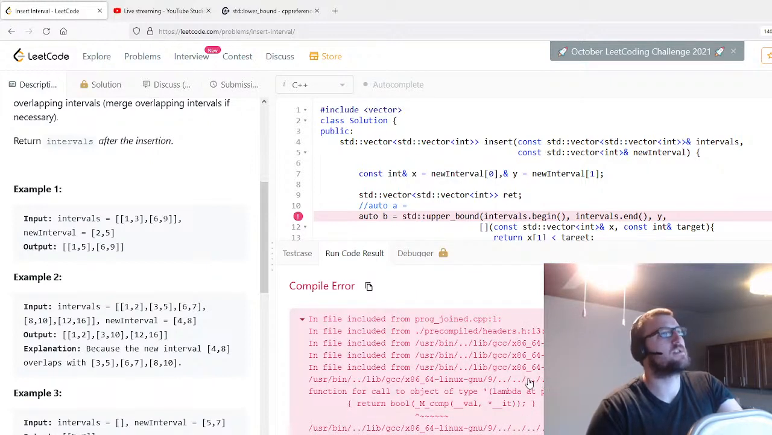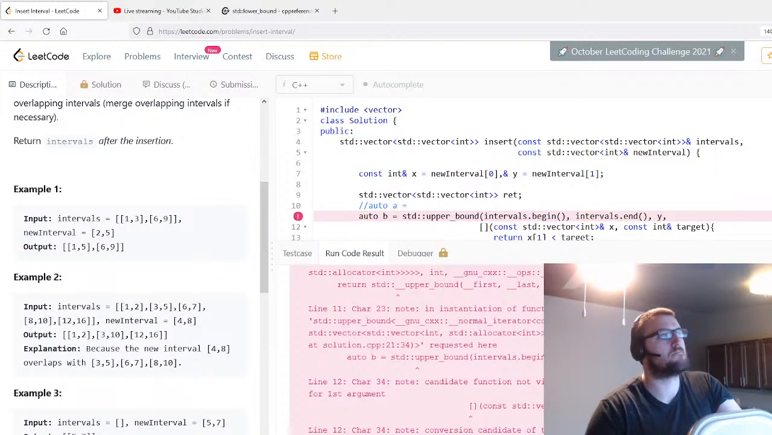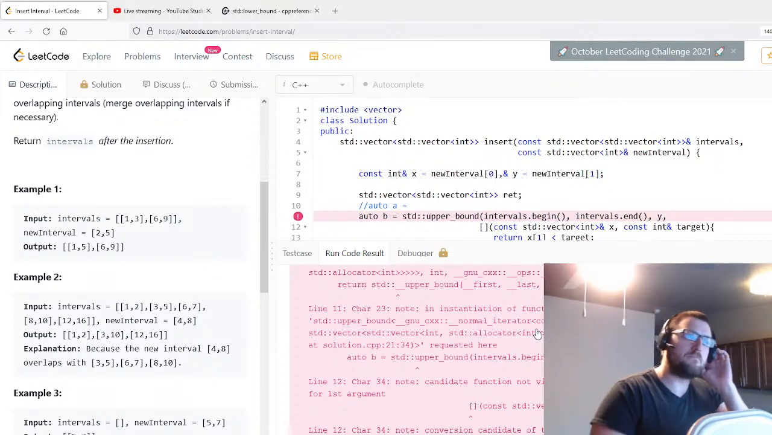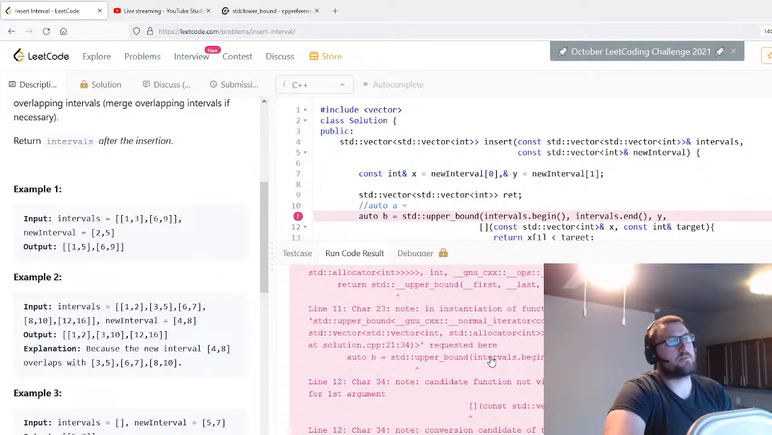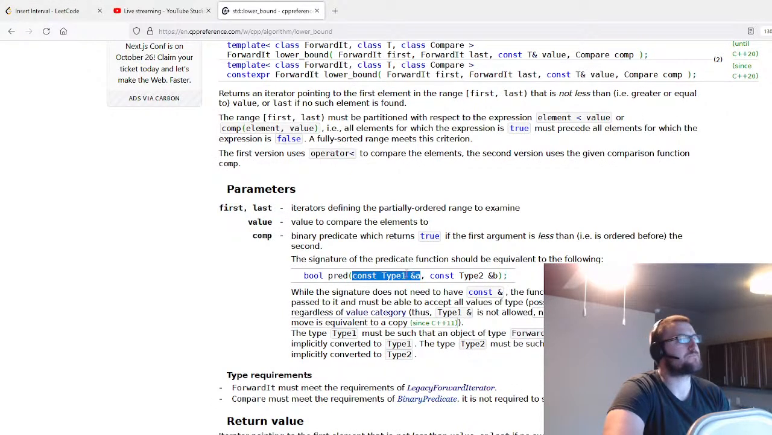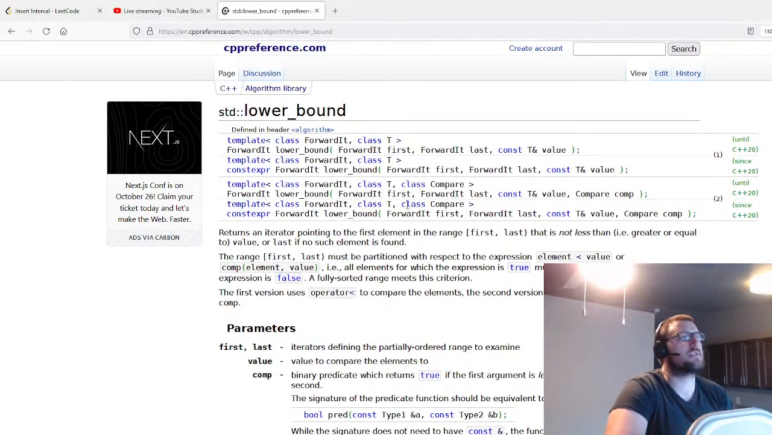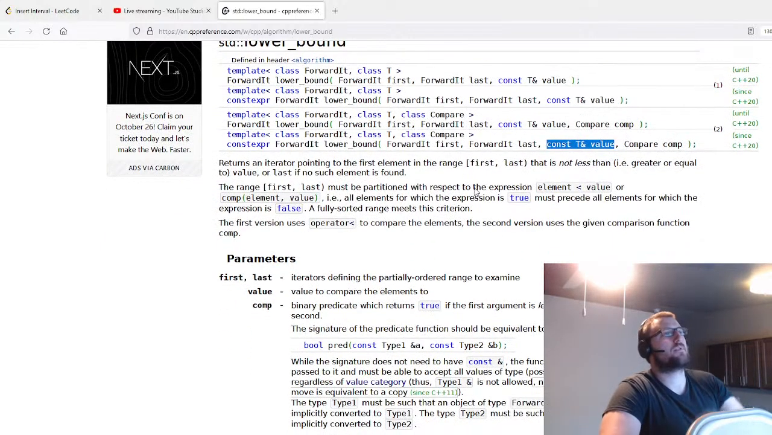Compiler error. Conversion from constant to constant vector for first argument. Did I misunderstand this? Type 1 such that an object of type forward integer can be dereferenced and then implicitly converted to type 1. That's fine. Type 2, type t can be converted to type 2. Right, t is our value, right? So t is our integer. So the first value,